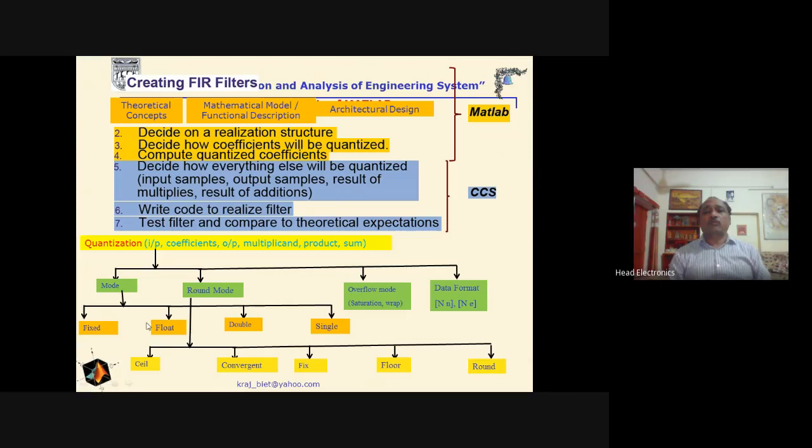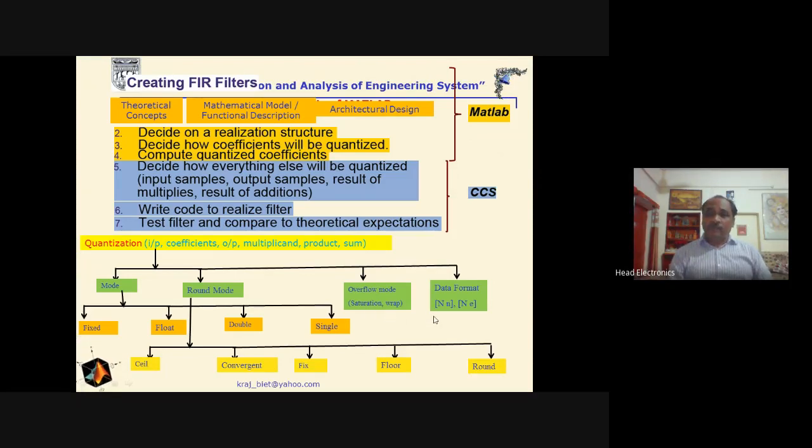So first we have to select the mode, that is which number system has to be utilized. Then after this selection, we will select the round mode, that is the ceil, convergent, fix, floor, and round. And due to this quantization, since the values of the coefficient data as well as the partial sum and the product have changed, there is a chance of overflow. So we have to also select the overflow mode, either saturation or the wrap.